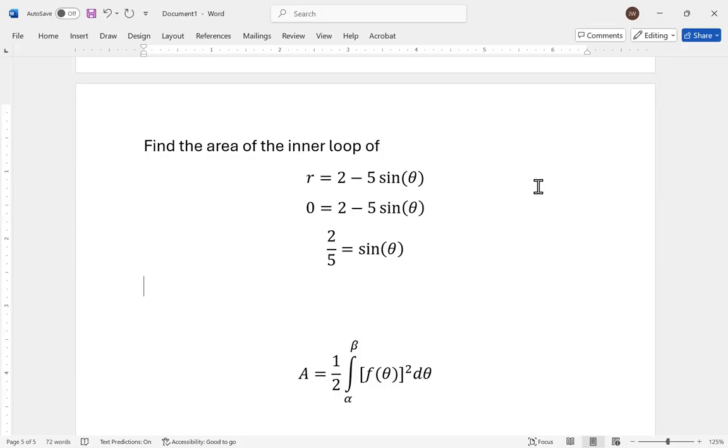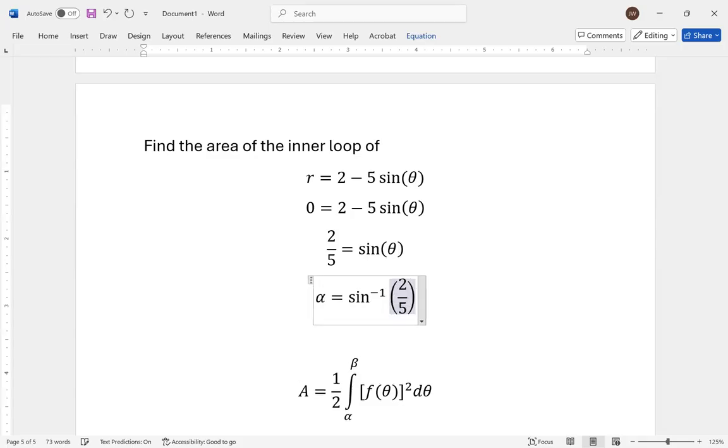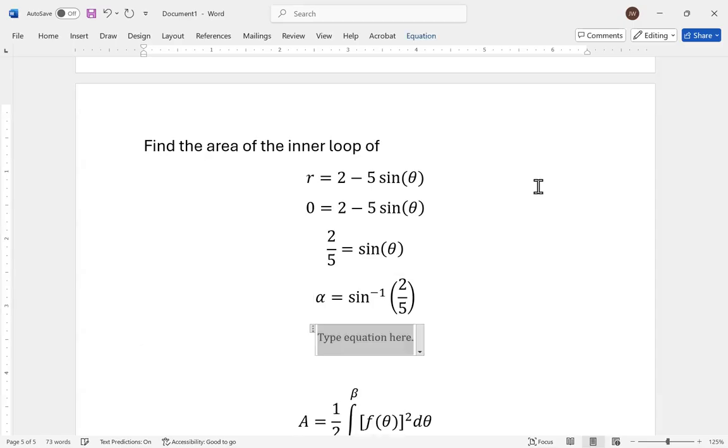So let me call that one alpha, because that'll be what we get there. It'll be the sine inverse of 2/5. All right, and again, that's approximately 0.41. And then the beta,